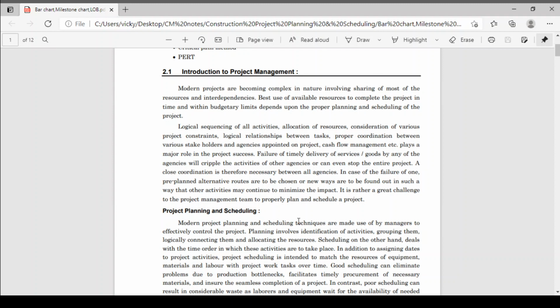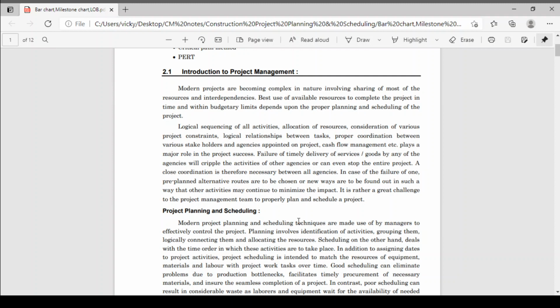Logical sequencing of all activities. If you have any project, you have to list the different activities, n number of activities in your project, and there should be a logical sequence between the activities, means after which activity the next activity will happen.